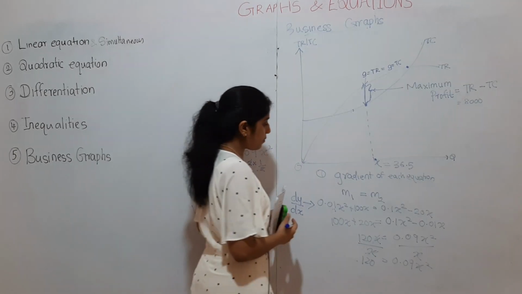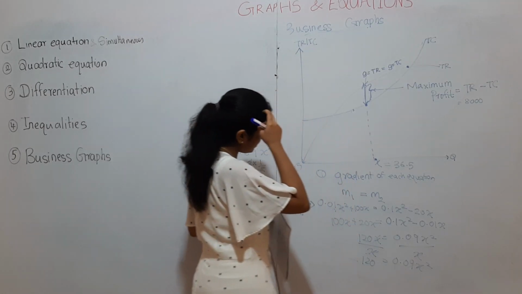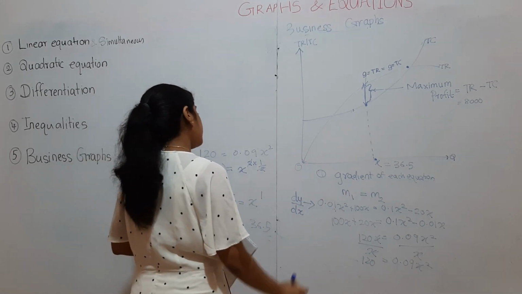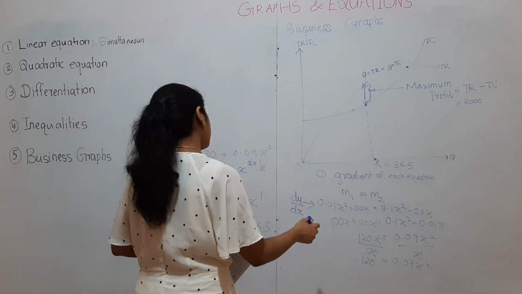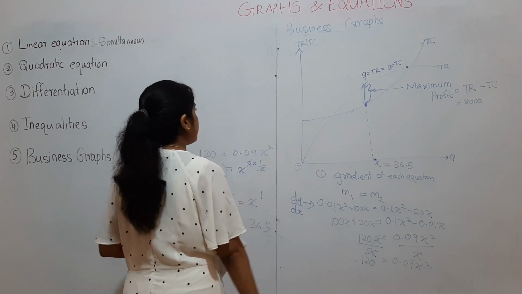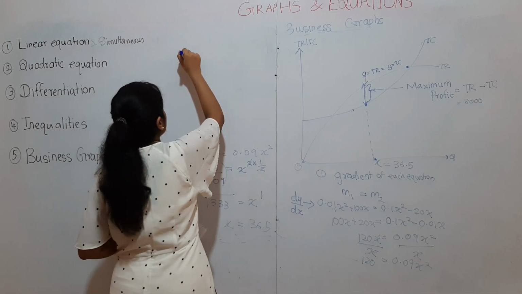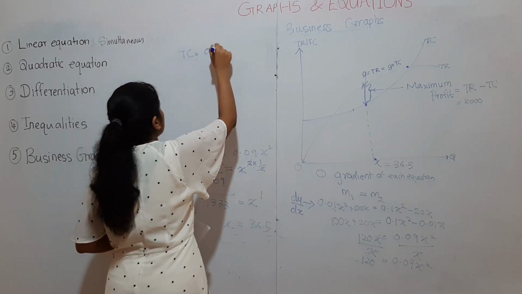Let's say for example they gave an original equation for this one. It would be a bit messy, but I am going to assume the original equation of total cost was, let's say,